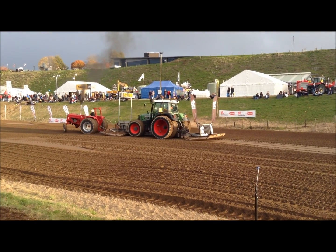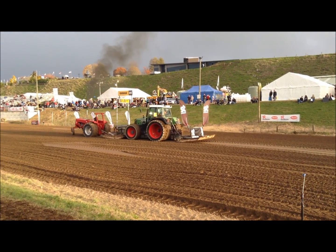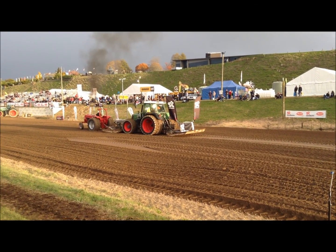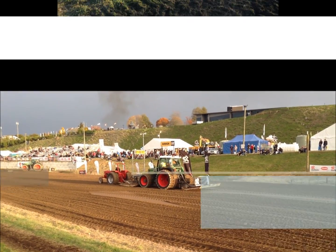So here we go, just put new rims on, new rubber on the back, first outing with the bigger rubber, so good to see the machine doing well. Clutch is probably the next weakest point, so no doubt we'll be looking at upgrading the clutch in the